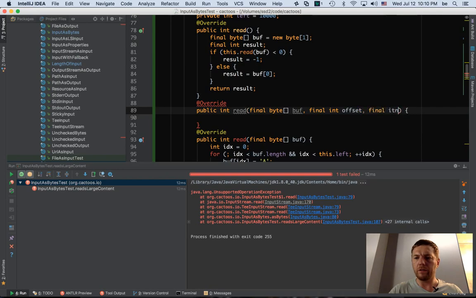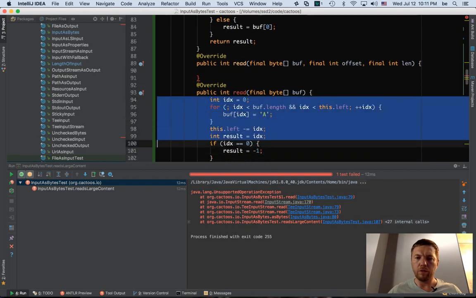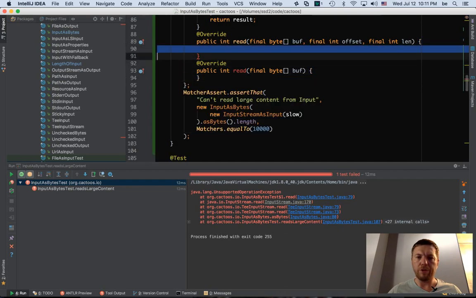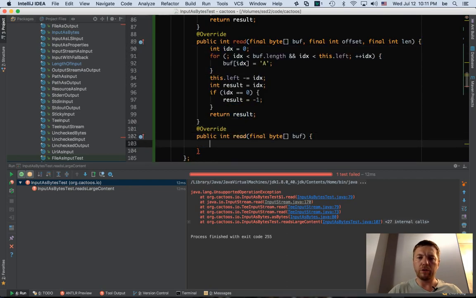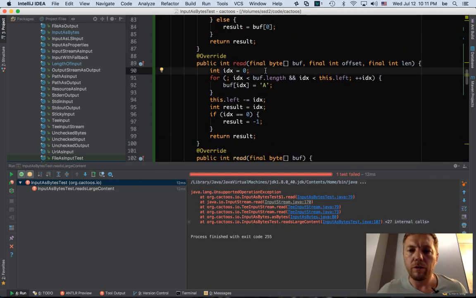Final int length. And this one should call, I guess it should be here, and this one should return this read buff 0 buff length right there. Okay, so that's the right design.